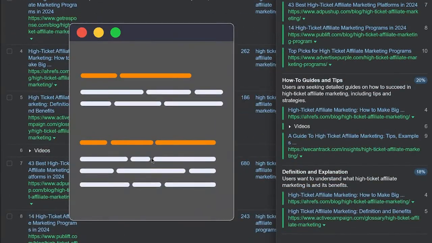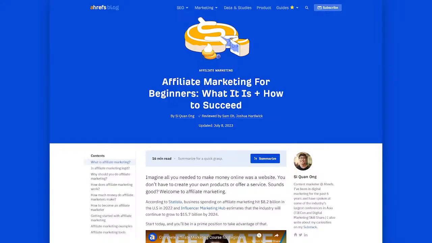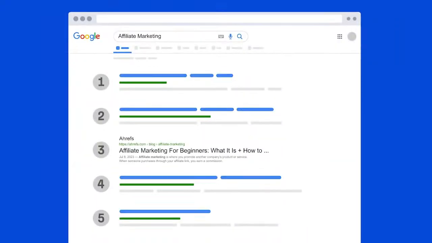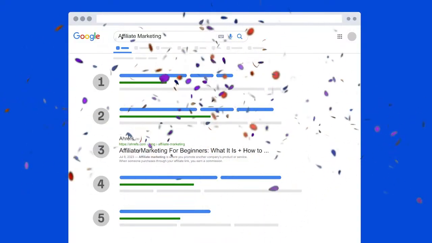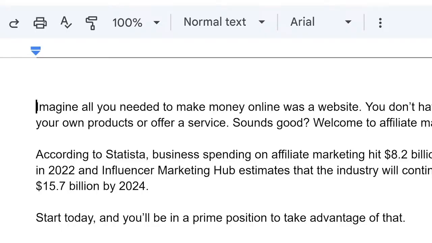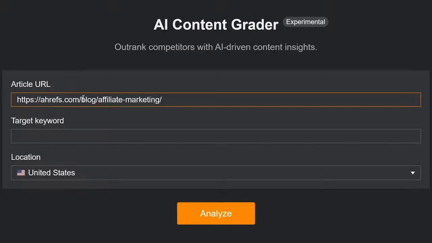The choice is yours. Fast forward, you already wrote an article based on the previous keyword research. It's ranking, hooray! But you can do better. What kind of optimizations should you start with though? Just plug in the article's URL into our